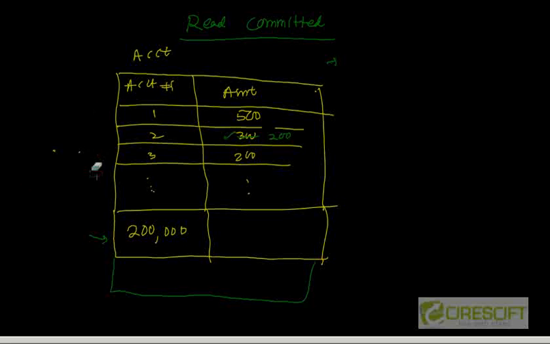Okay, so let's say I have the same 200,000 rows, and the amount is maybe 1,000, something like that. In a read committed system, if I am seeing a dirty element, then I'm not going to read that. However, if you are inserting something at time t1, let's say you start a transaction,